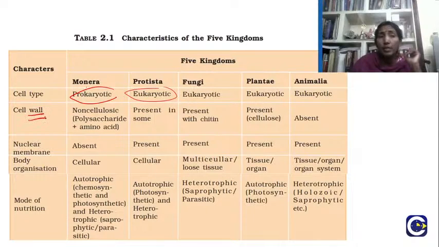If you take only the cell wall, everything will come under the plants. But without that, they just took the cell type. So the Monera will be placed here, that is all the things which I told already, the bacteria and all will come here. Protista, the diatoms and all that will be placed here, because this is prokaryote and this is eukaryote. With this difference they say it can be specified further.